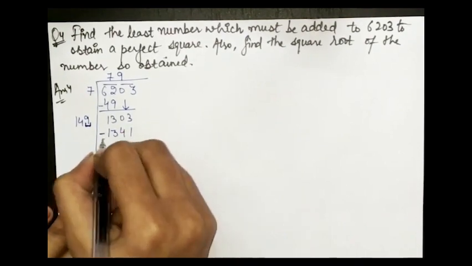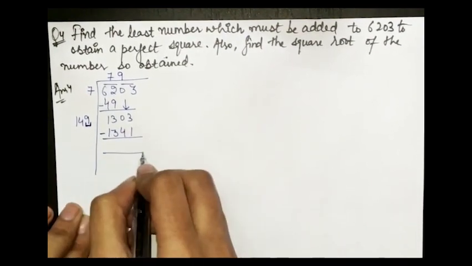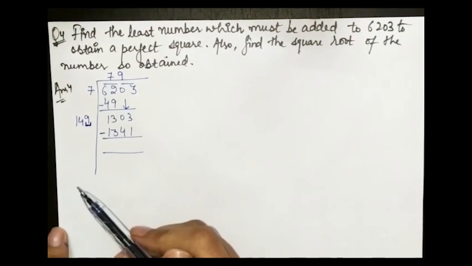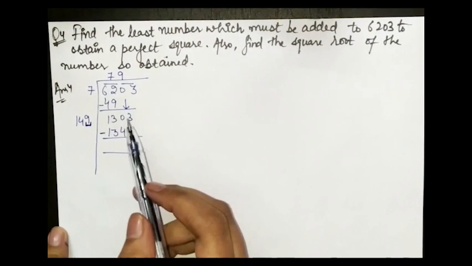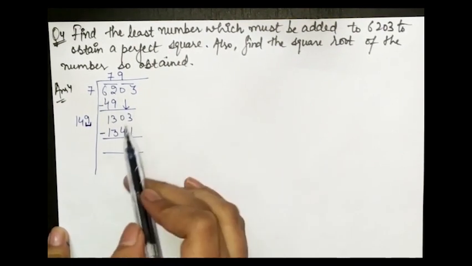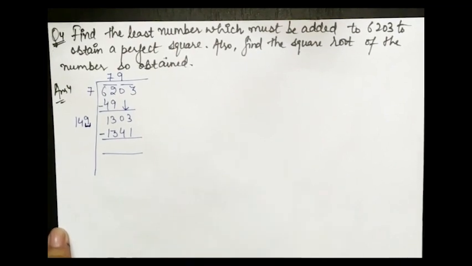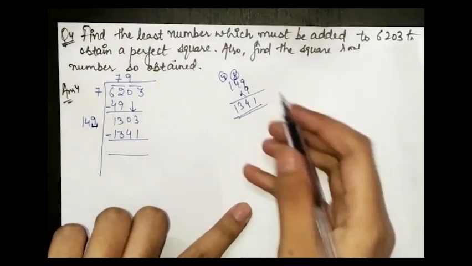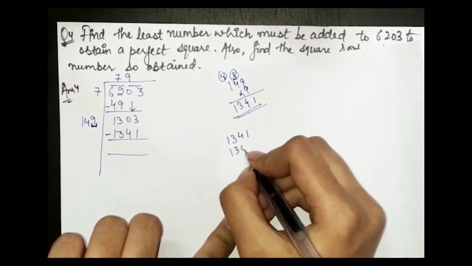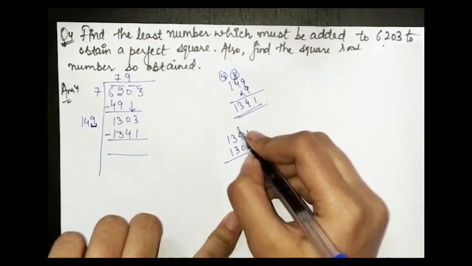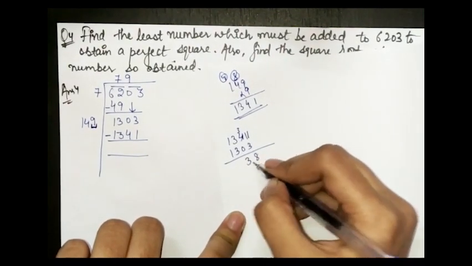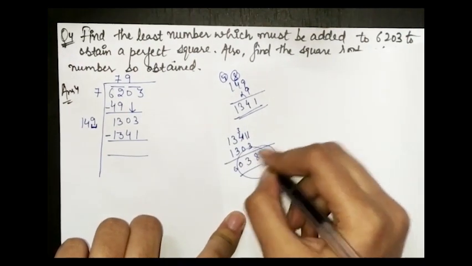But we have added one number, but you will be saying that 1303 तो छोटा है और 1341 तो बड़ा है, तो हम इसे माइनस कैसे करेंगे? जैसे हम माइनस करते हैं वैसे ही हम माइनस करेंगे, बड़े में से छोटे को ही माइनस करेंगे. That is, we will be subtracting 1303 from 1341. That is 3, 11 में से 3 गए, 8, 3 and 0 0, means 38 is the remainder.